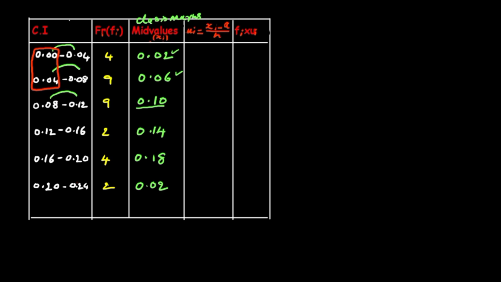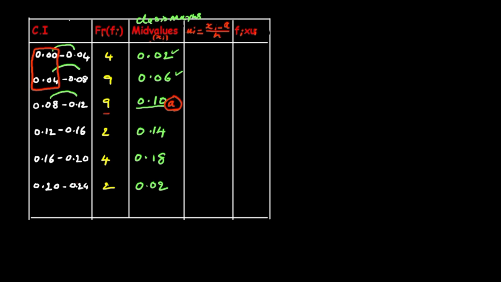But I am going to take 0.10, because it is almost in the middle, and its frequency is also high, 9 is the frequency. So my choice is A equal to 0.10. If you want to take 0.14, yes, you can take it and proceed. If you want to take 0.06, of course you can. This is only my opinion and the choice is yours.